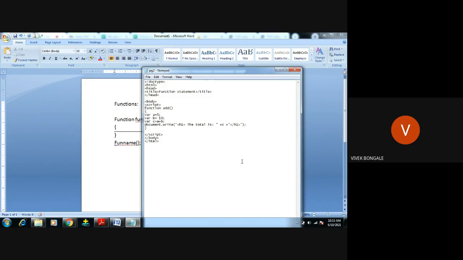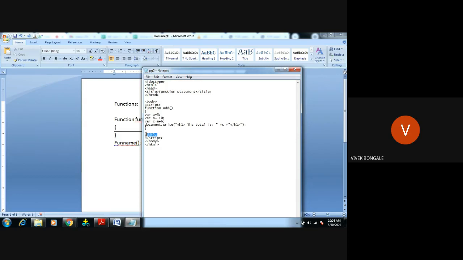Let's see. Here we're trying to use the function, right? We have created the function and given some statements to work under it. So we have to call the function through the function name. Use the function name here, add, and it will call the function.